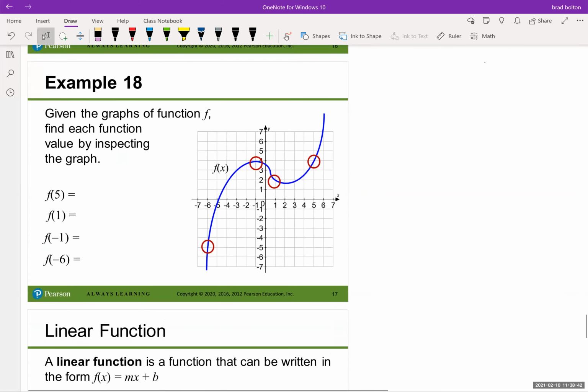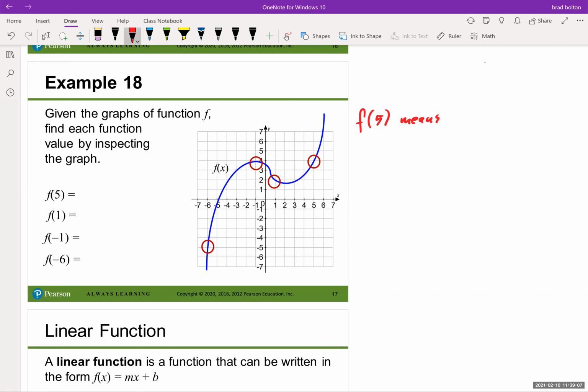Okay, so number 18, given the graph of the function f, find each function value by inspecting the graph. So something very useful is, now that we know what function notation means, we can interpret what it's saying graphically. So when they say f of 5, what are they saying? They're saying, tell me what happens to y when x is worth 5. So f of 5